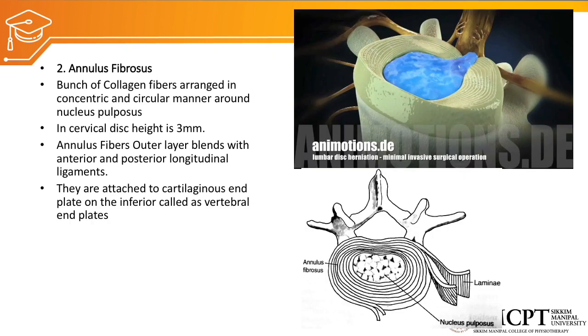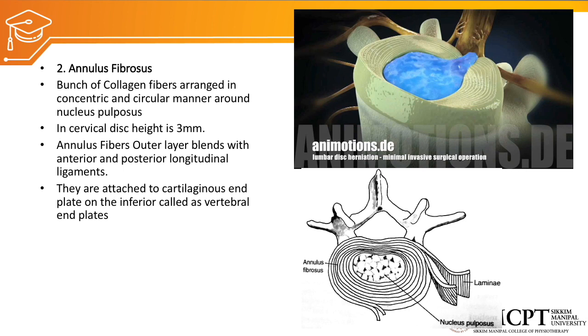The next part of the intervertebral disc is the annulus fibrosus. It is a bunch of collagen fibers arranged in a concentric and circular manner around the nucleus pulposus. So this protects the nucleus pulposus from oozing out. The annulus fibers' outer layer blends with the anterior and posterior longitudinal ligament to reinforce the stability of the intervertebral disc between